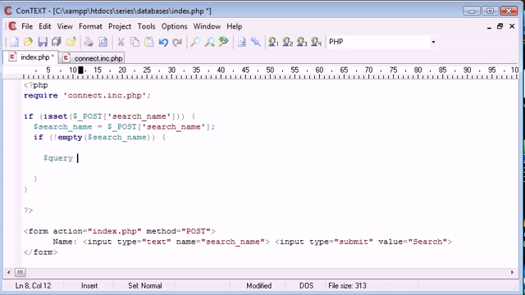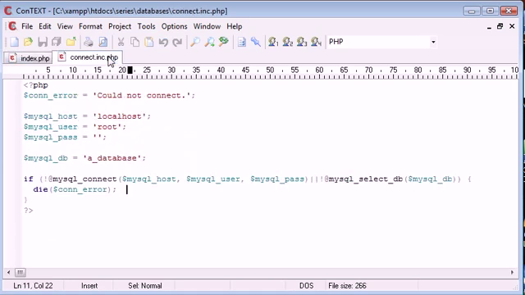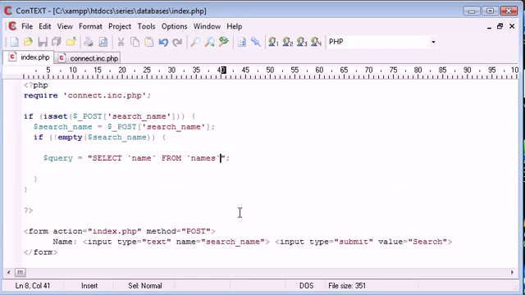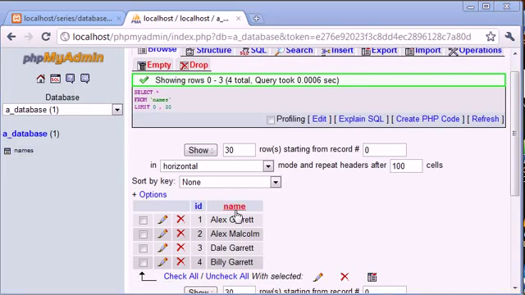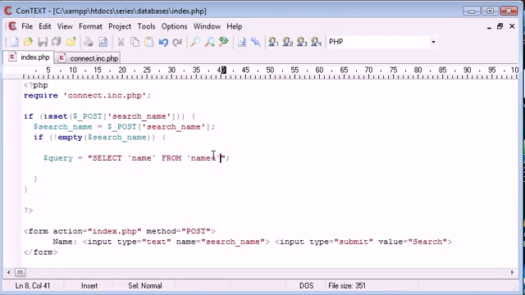So I'm going to create a new variable called query, and this is going to equal our SQL query that we're going to execute or run inside of our database. So we're going to say select name from, remember our table is called names. We've already connected to our database here. Remember these values must correspond to your login credentials and also the database that you're using. Let's take a look here. So we've got the names as the table, so we're selecting the name from names, so select name from names,